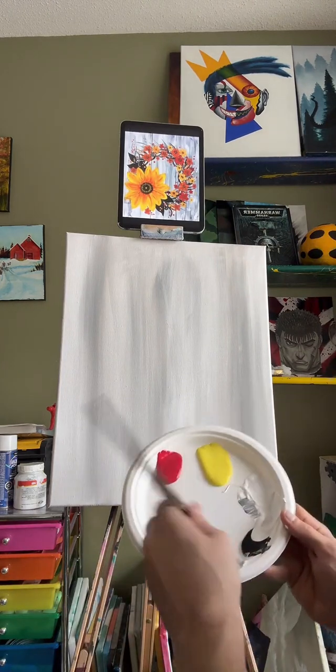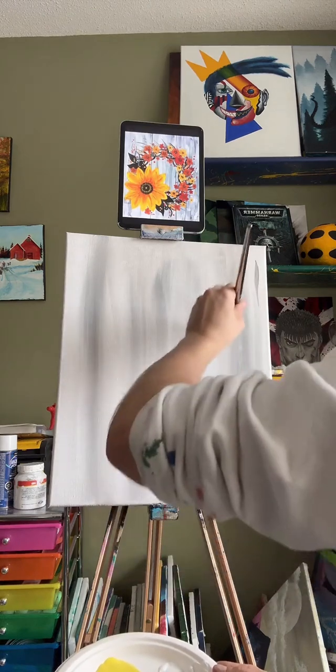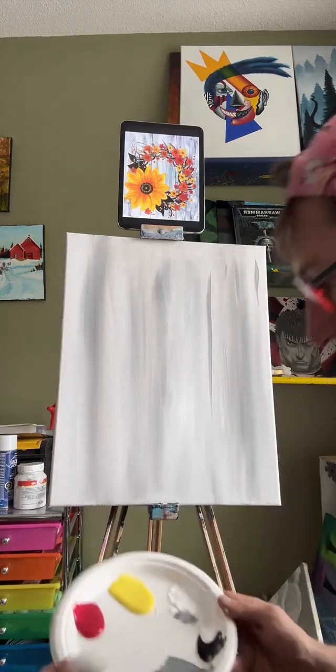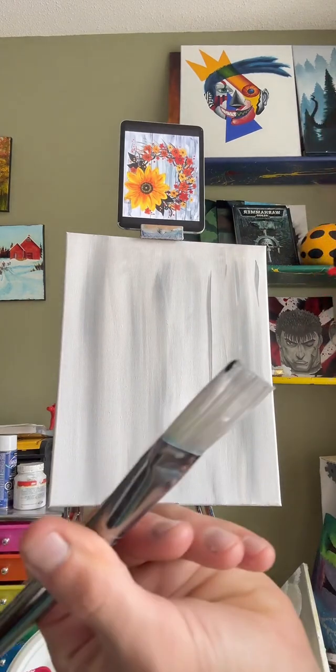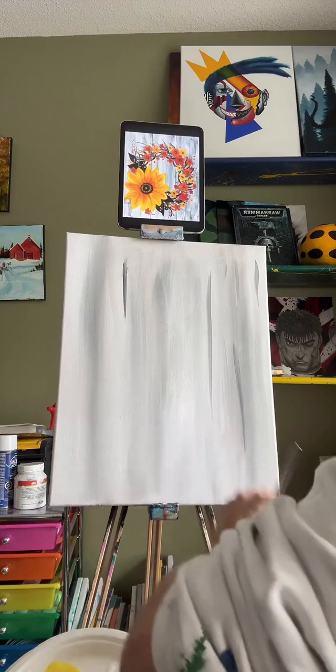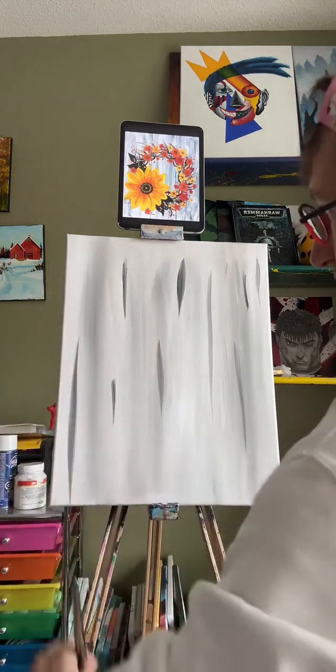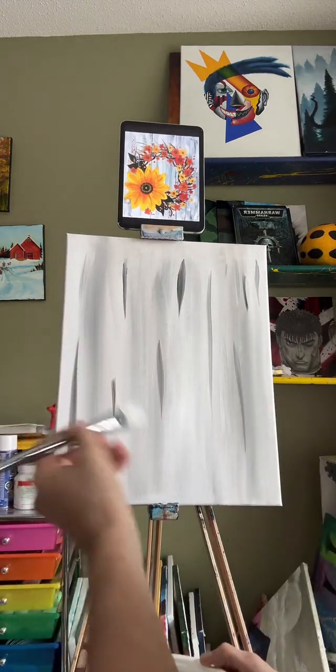So I'm just gonna start dipping into my gray, and we're gonna add some slightly smaller scritches of gray here. So add a little bit there, a little bit there. Let's get a little bit of black in there too. Just not too much. Black goes a long way and it'll really contaminate the canvas. So we're gonna get a little bit of black going on. There, a little bit more. And then once we get a couple of these guys down there, what we're gonna do is we're gonna take